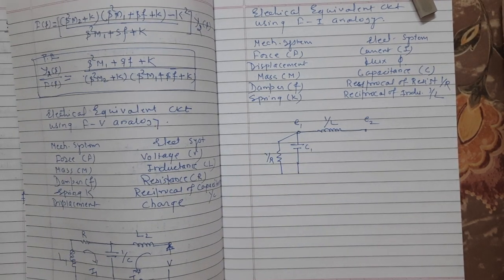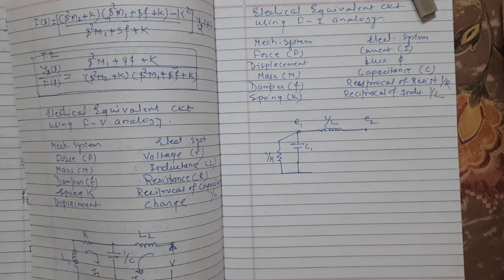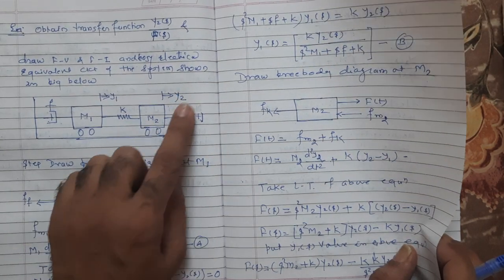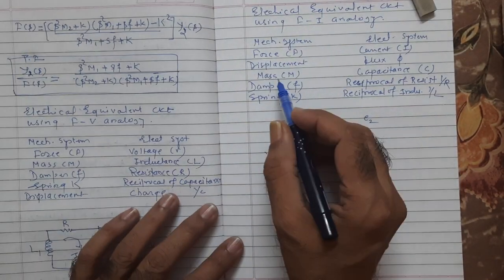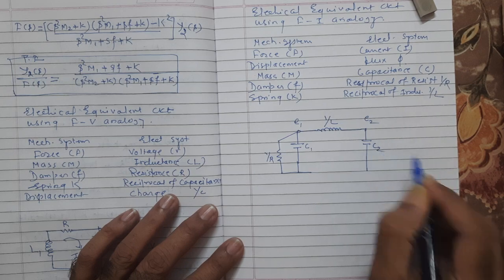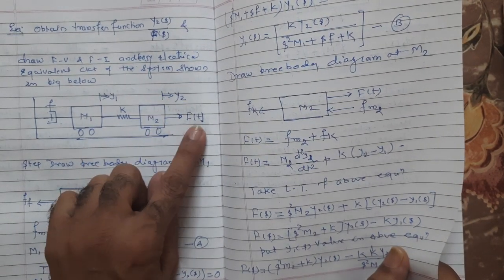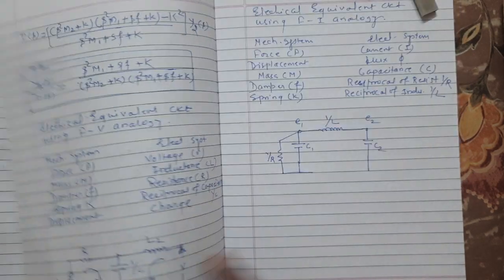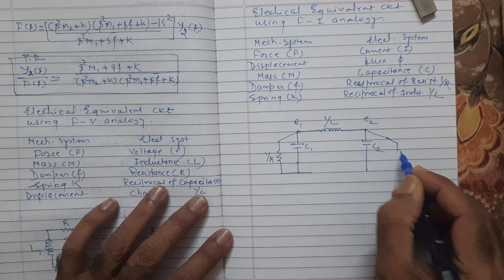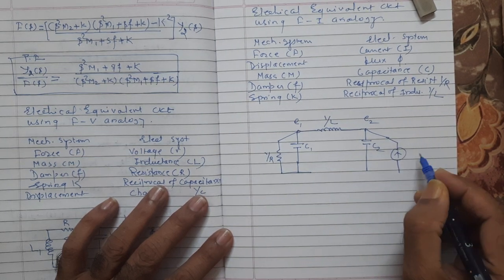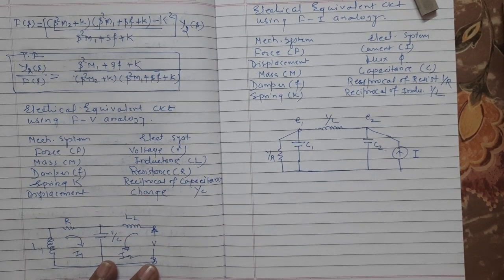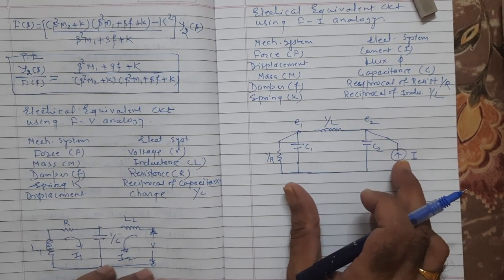This is connected to the 1 by R, and we will connect it together to E2. To E2, that means to Y2, what is connected over there? M2. M is the mass, so here is the capacitor C2. And to this Y2, the external force F is connected. External force F means current. So we will connect here the current, that is I, and then we will short this and connect it together. So this is your electrical equivalent circuit using the F2I analogy.